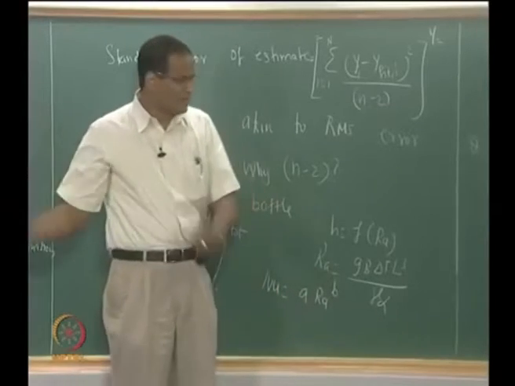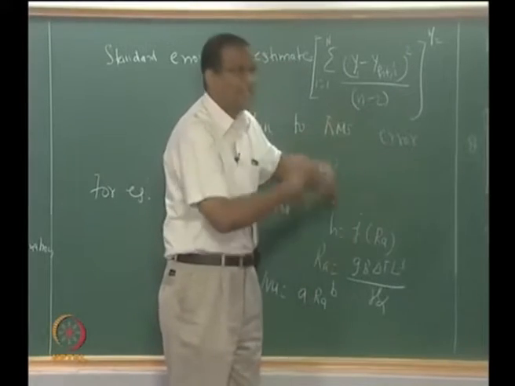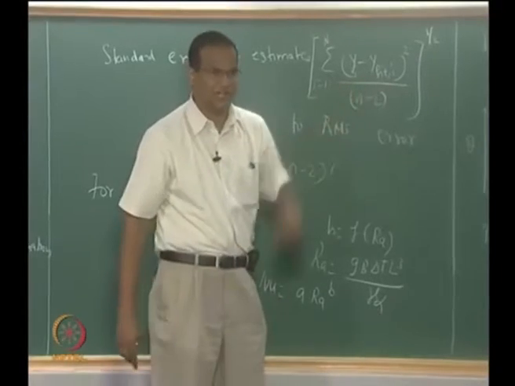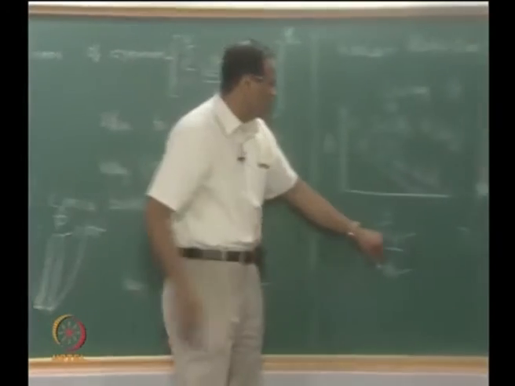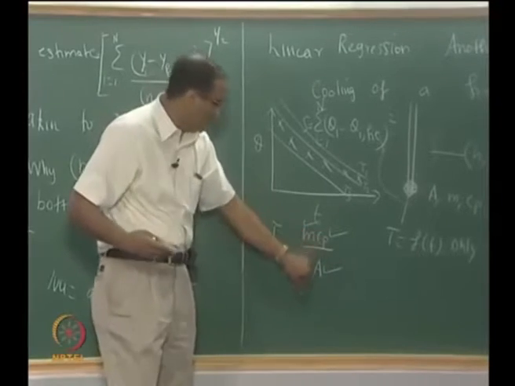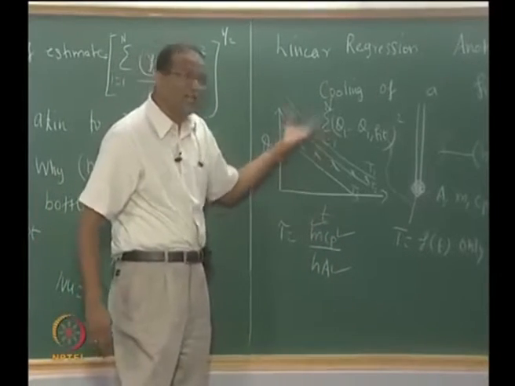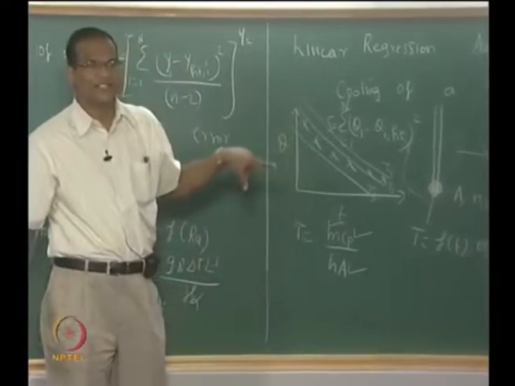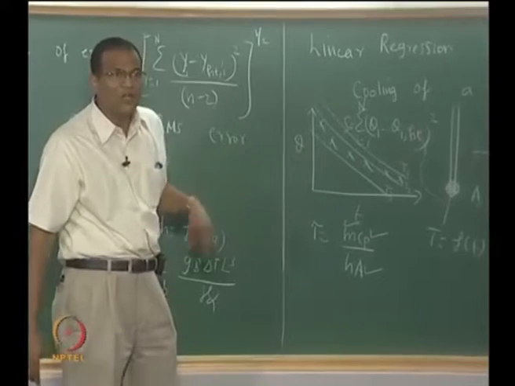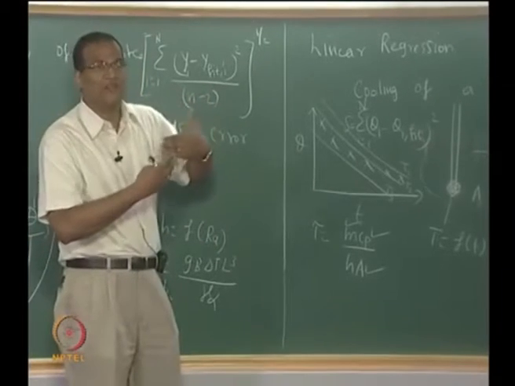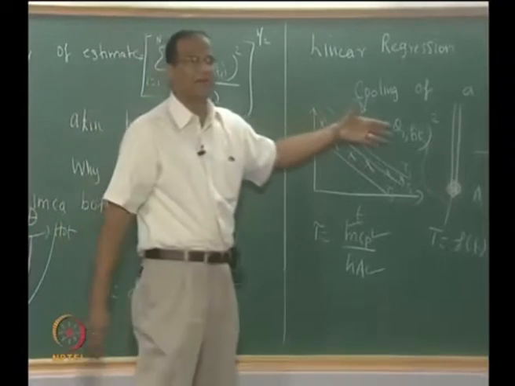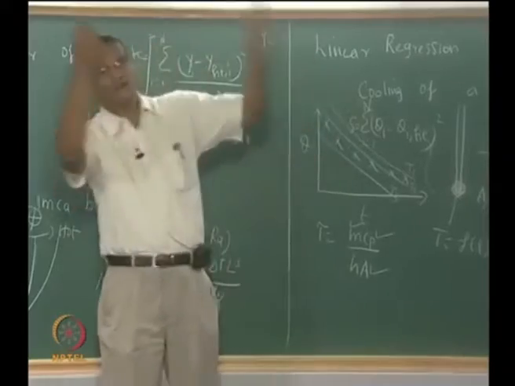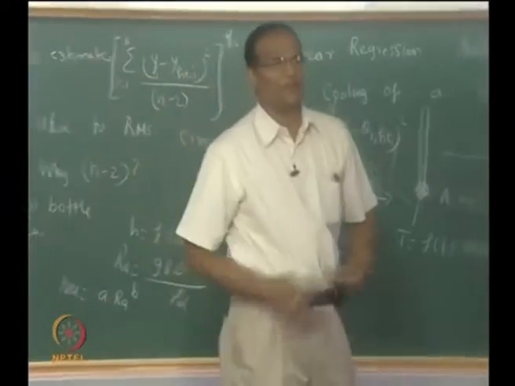But now what my students are doing is, if there is convection and radiation, how to simultaneously estimate Nusselt number as well as emissivity. Or using unsteady data, can I simultaneously get Cp as well as h if I do not know what the material is? Or if this is not a lumped capacitance system, temperature is a function of x and t, can I simultaneously get alpha and emissivity, and so on. So these are all inverse heat transfer problems where you run some experiments, you know that there is a mathematical model, and use some least square minimization or regression to ferret out, or invert, or retrieve the parameters.